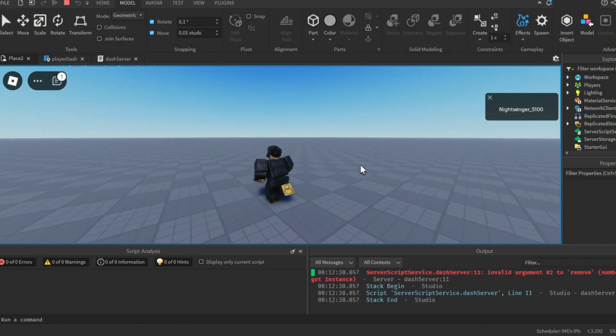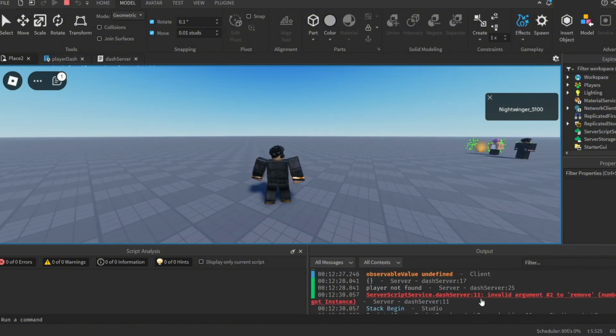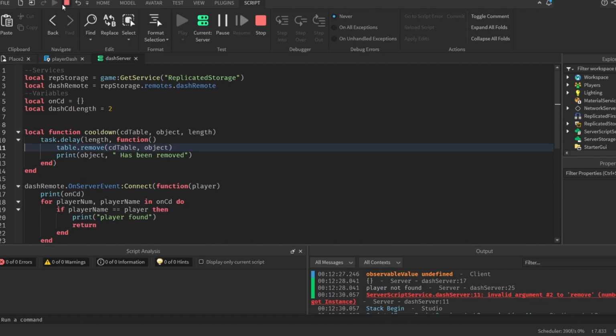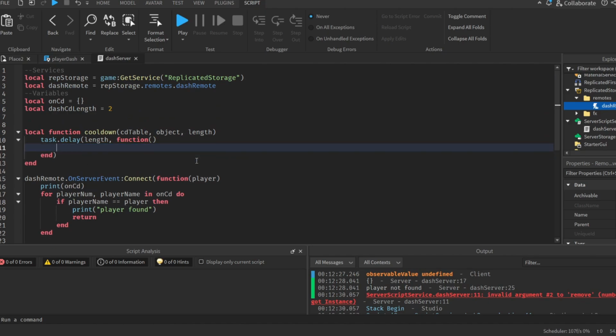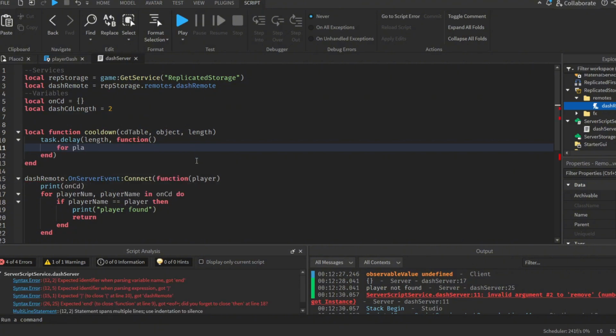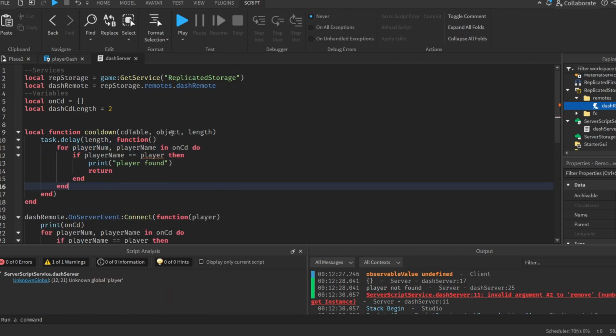Player not found, and then I think I did something wrong. Oh, I'm sorry. So yeah, you can't remove specifically objects. You have to remove numbers, right? So we have to actually do a for loop here. Sorry, so let me remove this. For player num, I'm not doing this. As soon as I typed it, I was like, I'm not doing this again. So we're going to do that, and then we're going to do object